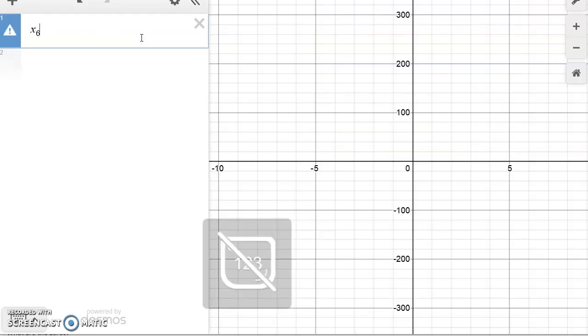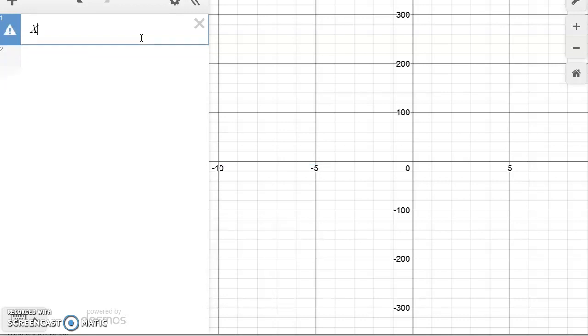An odd degree polynomial, one like x cubed,